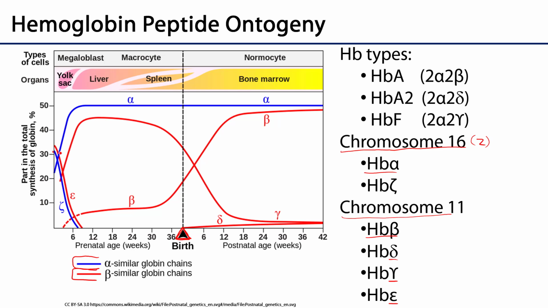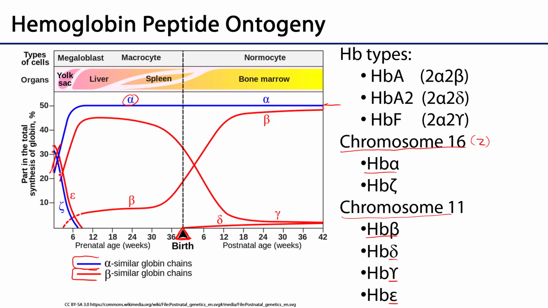And coming out of the gate early on, the earliest alpha-like subunit is this zeta globin. So that's really dominating. So zeta globin and sigma globin are really, in early development, the first globin proteins. But these are quickly replaced by alpha. So around 4 weeks, we have this crossover, 2 to 4 weeks, where alpha becomes the dominant hemoglobin protein from chromosome 16. And that holds steady throughout life.